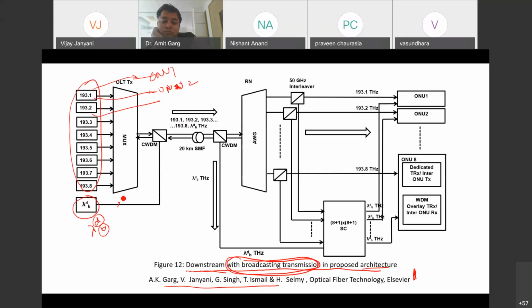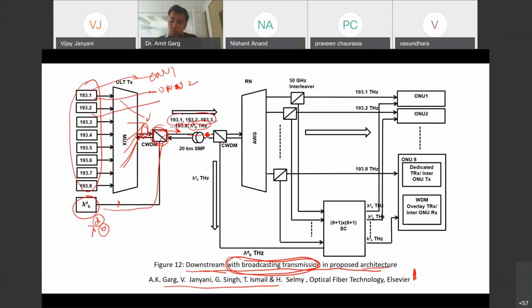This complex signal, consisting of all the 8 wavelengths or any n number of wavelengths, and this one, are multiplexed by this coarse wavelength division multiplexer, and the combined signal, all the 8 signals plus your lambda BD, goes through.